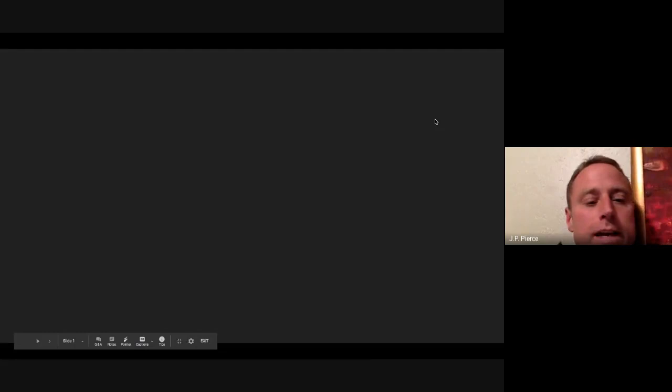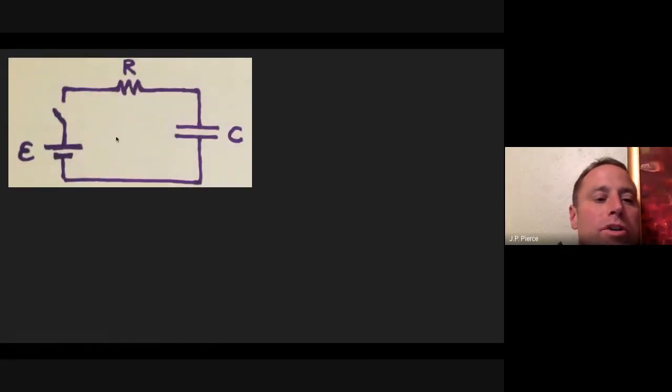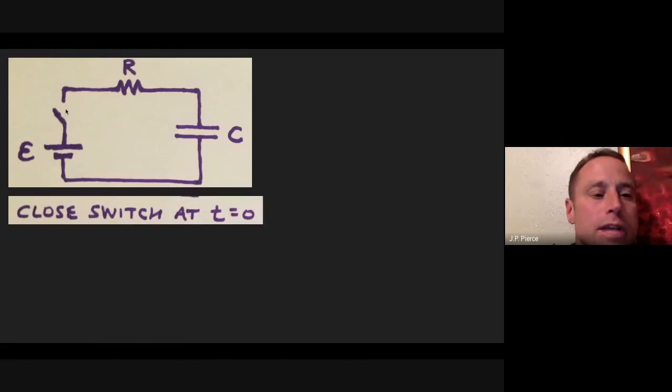All right, we're going to take a quick look at how capacitors in a circuit behave. What you're seeing here is a simple circuit that has a battery or power source here. There's a switch here, a resistor, and then a capacitor. And so what we're going to look at today is when you close this switch, say you start your stopwatch